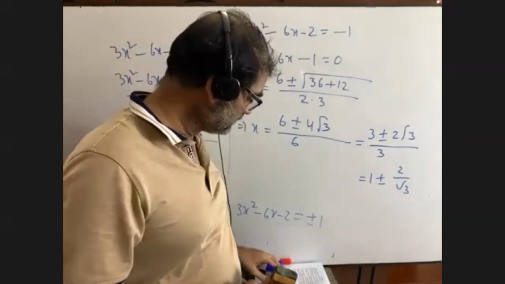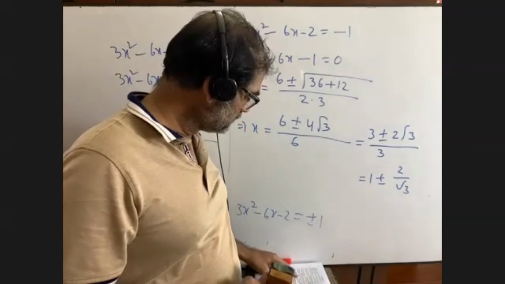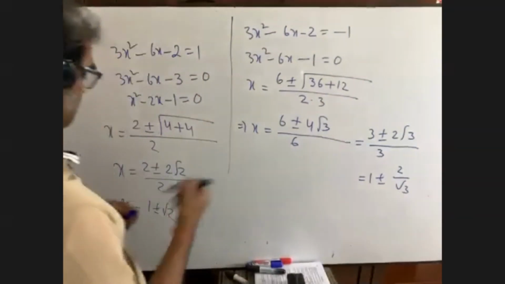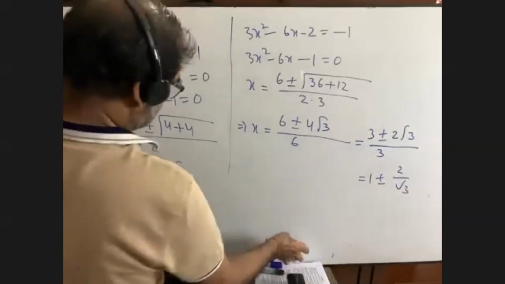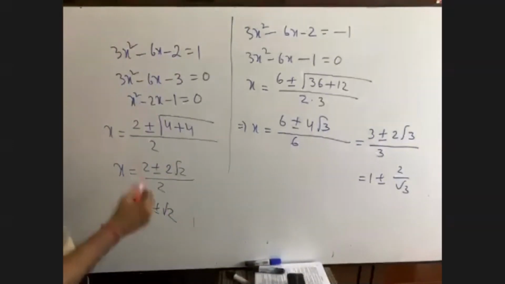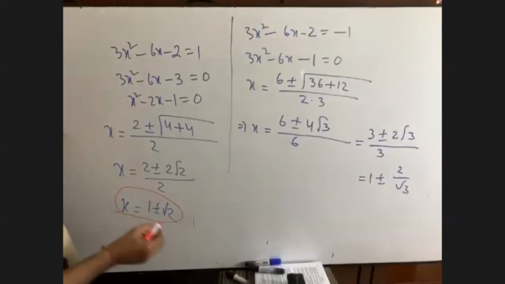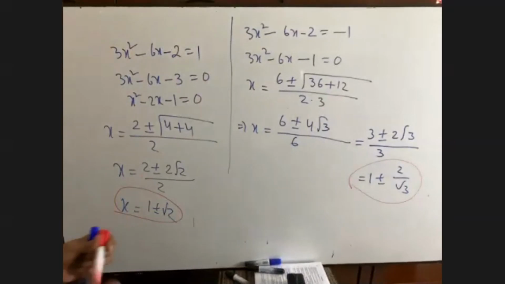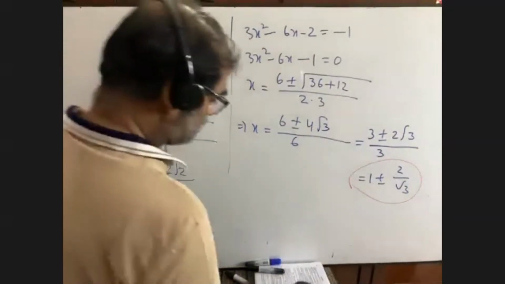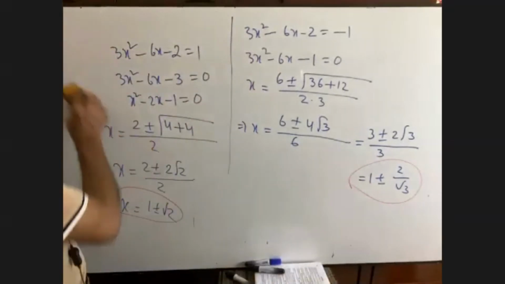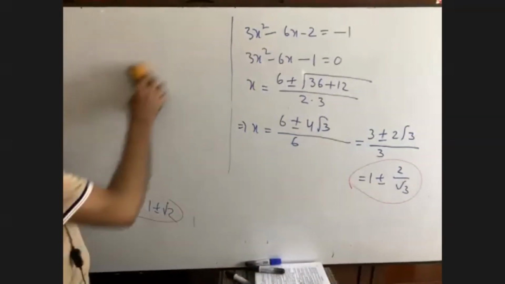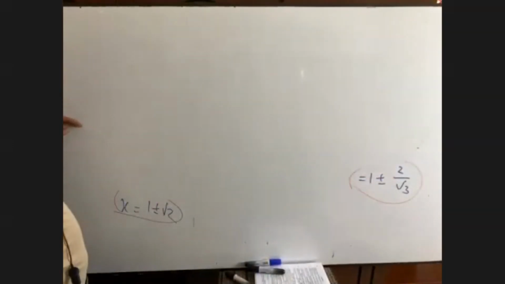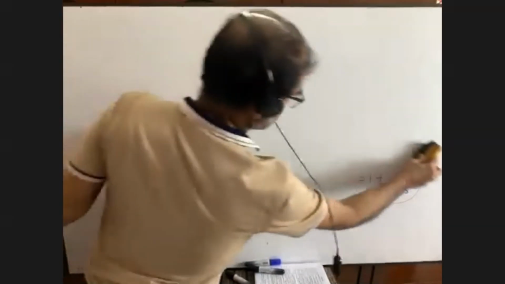In this question, you are told to find the abscissa. Abscissa means to find the value of x. So our answer is we have got the abscissa. Abscissa means we have to find the value of x. So our value of x is this and this. So we are done. Okay. So actually every math is different from others. So we will not skip, but we will skip when we will see the same math. Okay.